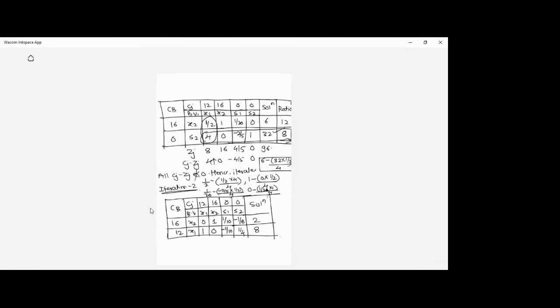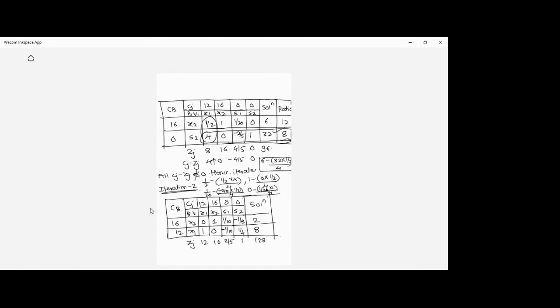Now we have to find all these Zj values. So 16 into 0 plus 12 into 1 comes out to be 12. Next is 16 into 1 plus 12 into 0, which comes out to be 16. Next, 16 into 1 by 10 plus 12 into minus 1 by 10 comes out to be 2 by 5. Next, 16 into minus 1 by 8 plus 12 into 1 by 4. If you do it, it comes out to be 1. And next, 16 into 2 plus 12 into 8, so that is 32 plus 96, and it comes out to be